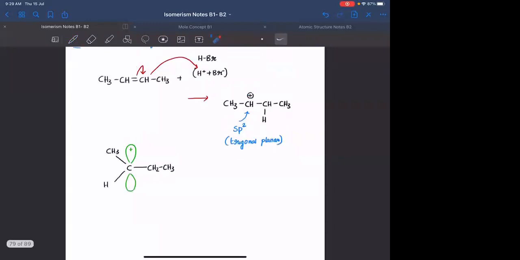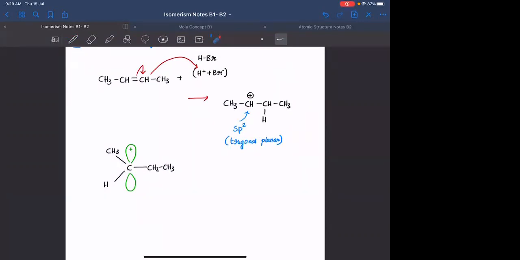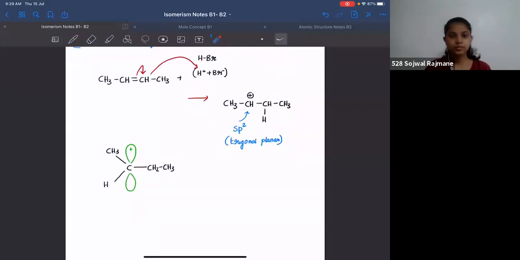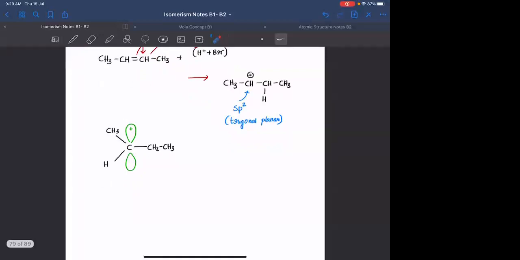Now, whenever Br minus attaches onto this particular carbon, what is the change in hybridization of this particular carbon? sp3. Initially, it is forming 3 bonds. Whenever Br minus attaches onto this, it will be forming 4 bonds. Then it will become sp3. Okay. अभी ये जो trigonal planar molecule हुआ, so can I say the attack of Br minus on this particular trigonal planar molecule can be on both directions? It can attack on this particular direction or it can attack on this particular direction. Agreed?